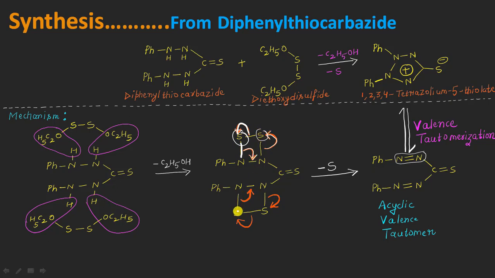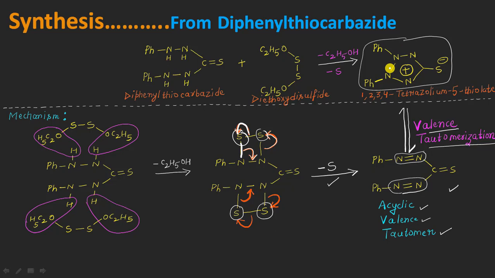In the same way, even from this side of the molecule, the 2 sulfur atoms, the third one here and then the 4th one, will also be moving out of the system in this way, giving a double bond even on this side of the molecule. And now we can recognize this is the acyclic valence tautomer. It is in the same way which we have encountered in the previous reaction, such that the valence tautomerization of this particular molecule will give us the required mesoionic molecule.